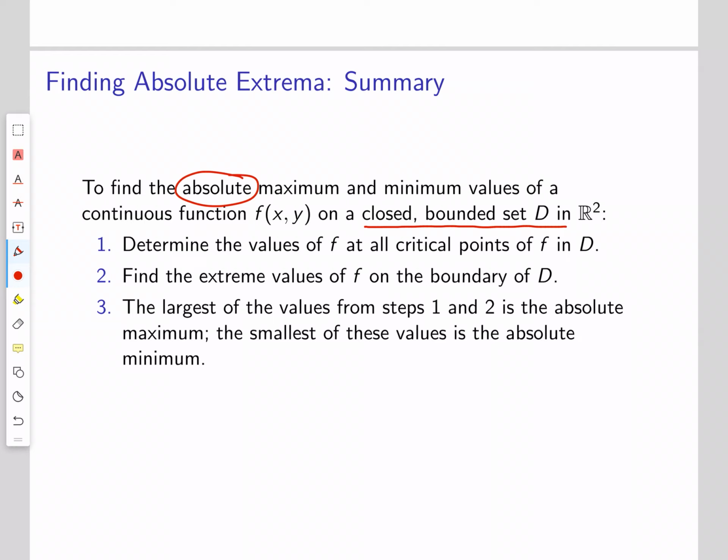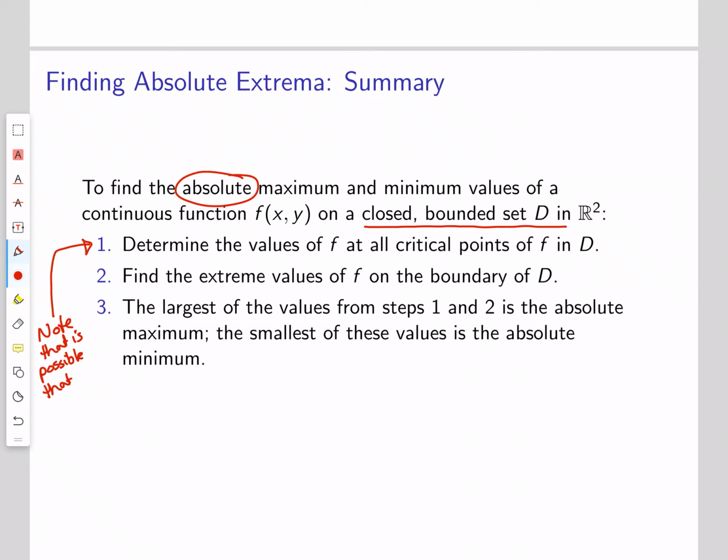We could have a critical point on the interior of the set D, and that could be a local max or a local min, but we also need to take a look at the boundary, because you may have a local extremum on the boundary. I want to make it very clear that this first step is not sufficient. It is really important to note